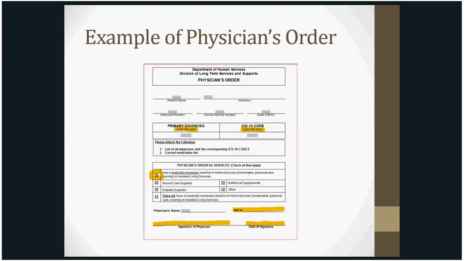You want to make sure that if the person is getting waiver services, that box is checked that says has a medically necessary need for in-home services. You want to make sure that the national provider ID number is entered on that form,